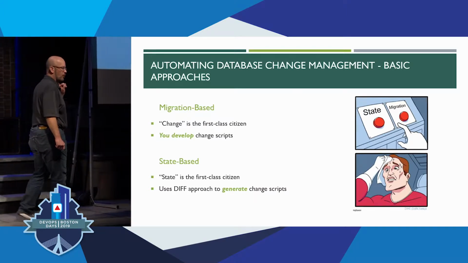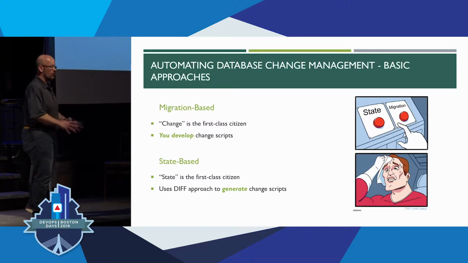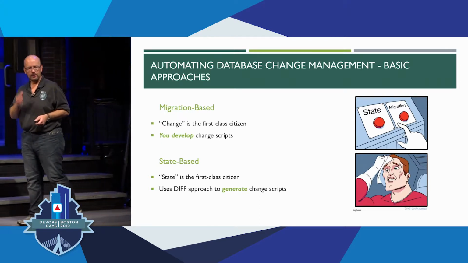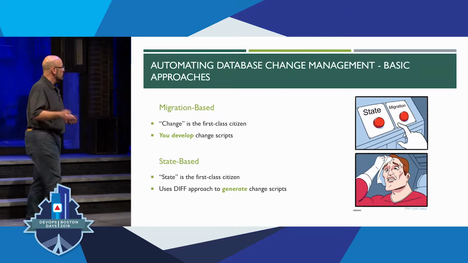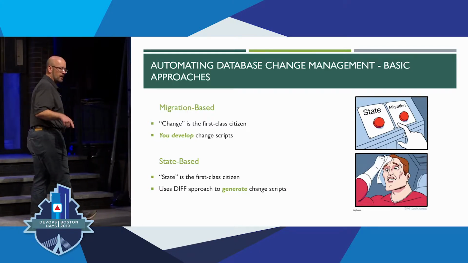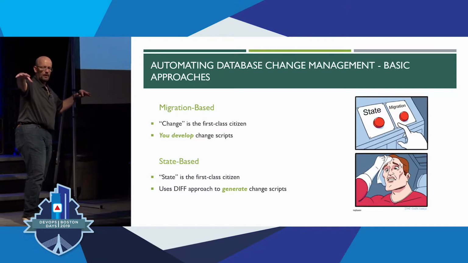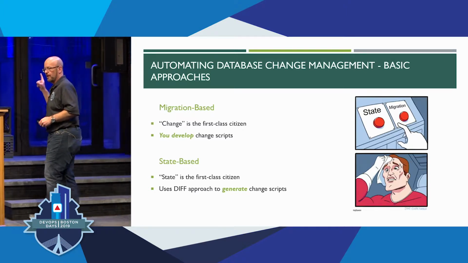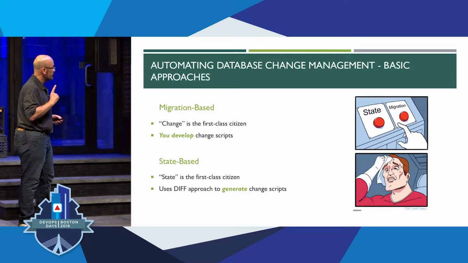First is what we call a migration-based approach. In this approach, we say that the change is the most important thing. That is our first-class citizen. We create the change, we manage the hell out of the change, and we understand what's going on with the change itself at all points in the cycle. The second avenue is what's called state-based. This says that the state of the database, or databases, in the pipeline as they lie, are the first-class citizen. The state is the most important thing, and we worry about finding the differences among them to figure out how we want to make and progress our changes.